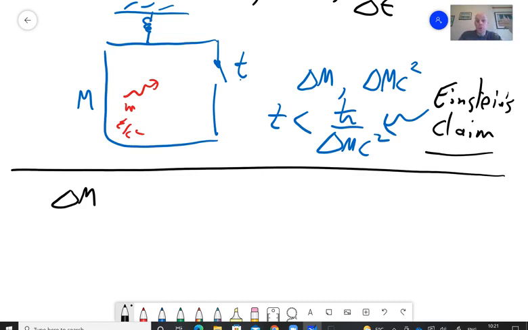So in order to know the energy of the system before and after, we need to do two measurements, one before and one after, and there is some uncertainty in the measurement. Einstein agreed to that. But then what Bohr said is that because of this uncertainty in, let's say, the mass of the box,